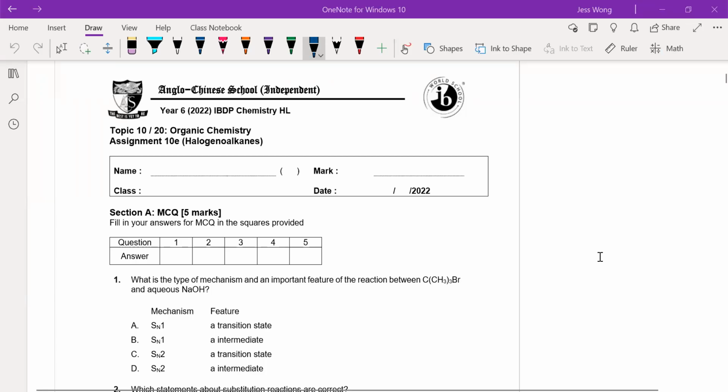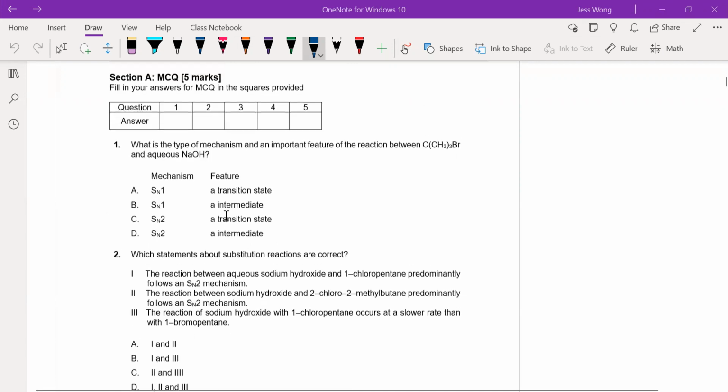Okay, class, now we are going to discuss this assignment 10E for halogenoalkanes. So let's first take a look at the question. Question 1. What is the type of mechanism and the important feature of the reaction between this halogenoalkane and